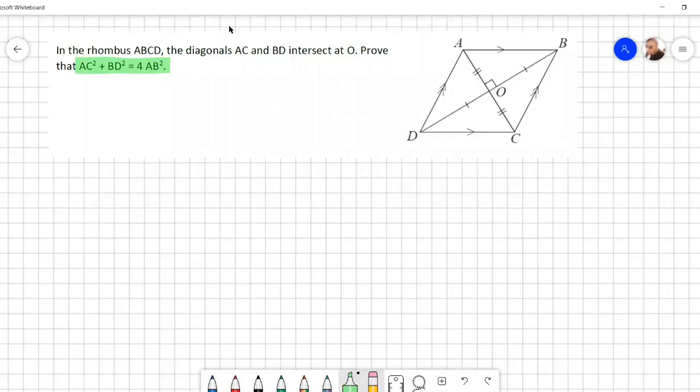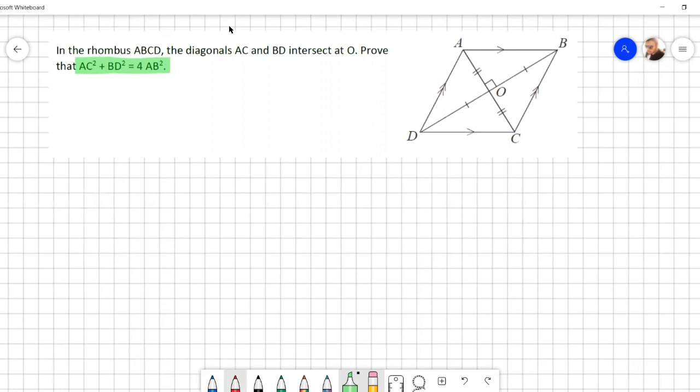Okay, when we are doing this particular question, now we have a little bit of a challenge because there are 4 right angle triangles. We had to figure out which right angle triangle we had to apply the theorem for. And again reminding you how the right angle triangles came here: in a rhombus, the diagonals bisect perpendicularly. That means they always create 90-degree angles between them. And therefore we get 4 right angle triangles here, AOD, AOB, BOC and DOC.